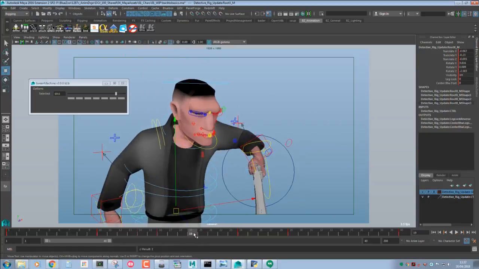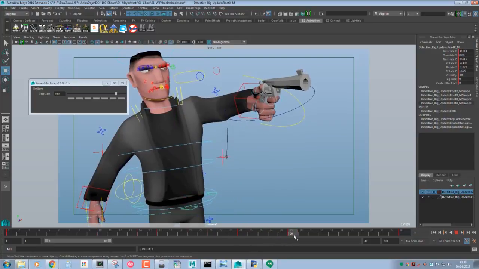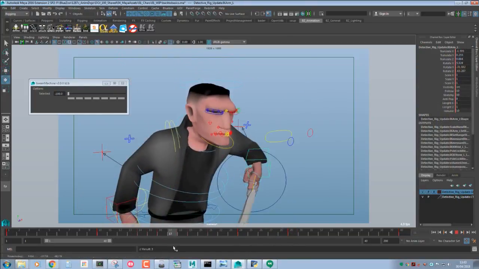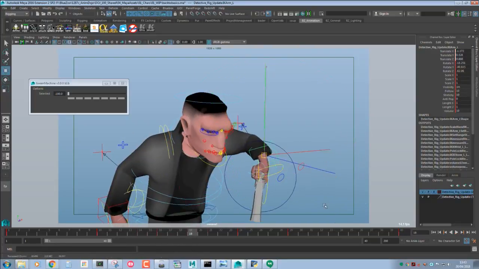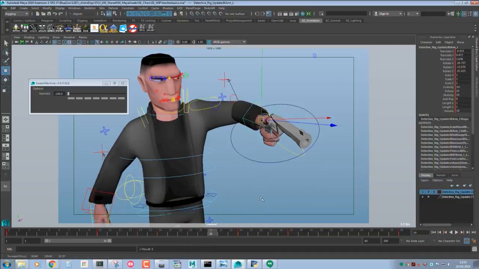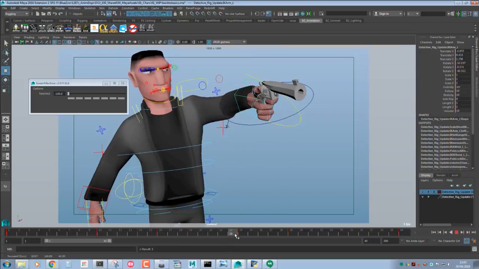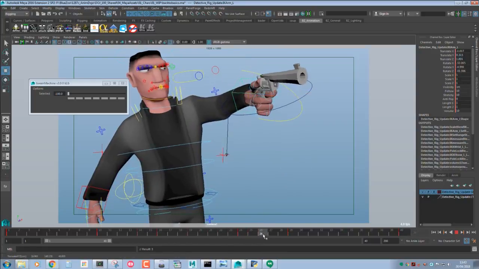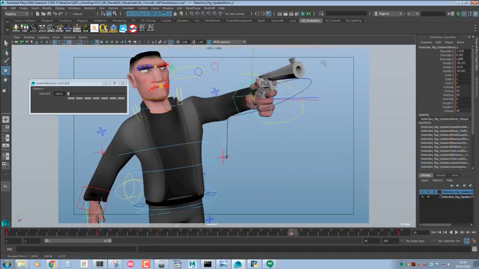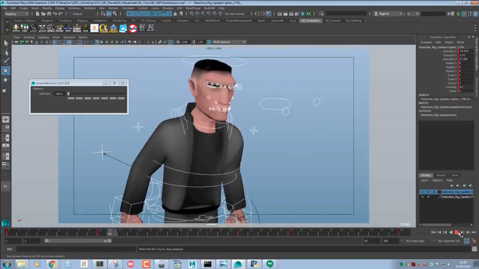And then here I'm going to nudge him forward a bit so he has a bit more room to go forward. And then here I'm going to nudge him up a bit so that he has a bit more to come down. And then here we need to make it feel a bit more. And then now he's going to settle. If we look at this now,